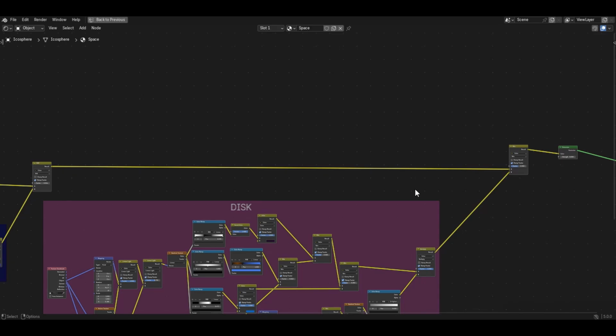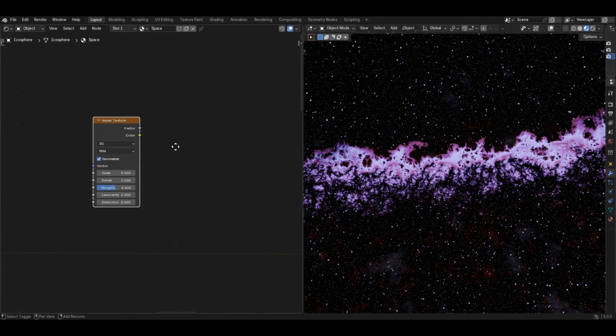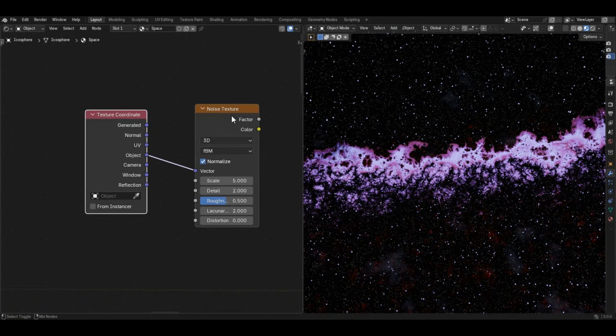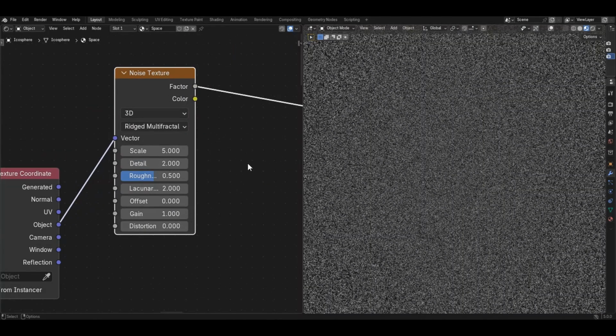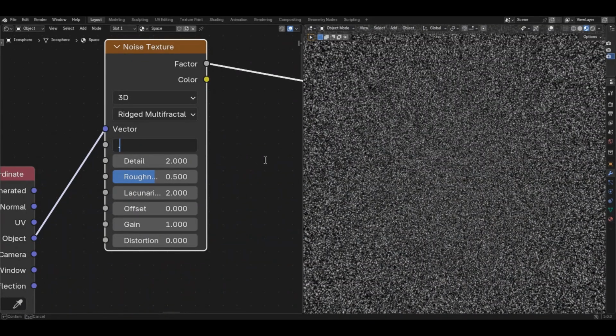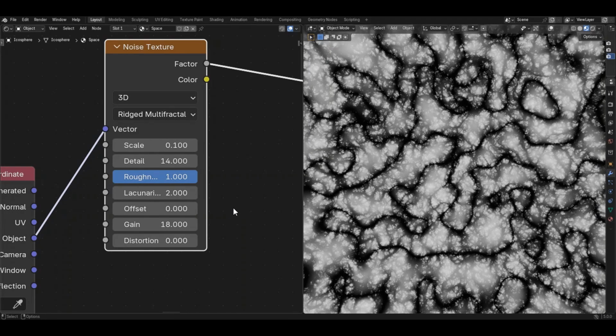Now let's create the final layer, and that is interesting purplish clouds. So add a noise texture node, a texture coordinate node, preview our noise texture, change this fBm to rigid multifractal. Let's play around with the scale. I'm going to use a value of 0.1, detail of 14, roughness of 1, the gain value of 18 will